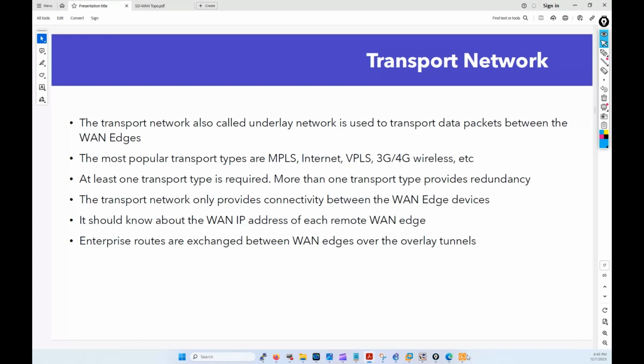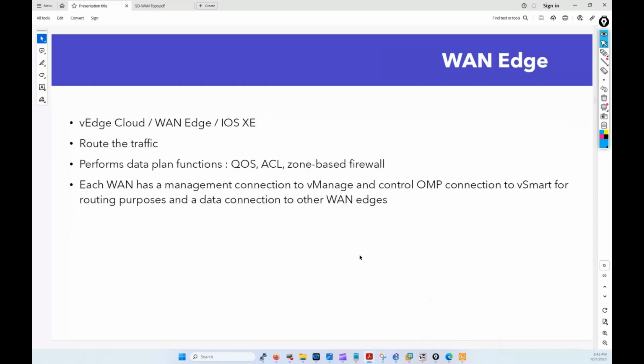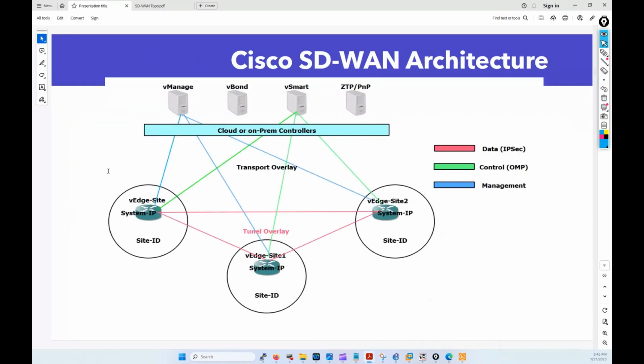So this simply means this. If we go back to our topology, the transport side, this is underlay, I'm gonna remove this. The transport side allows this vEdge to connect with this vEdge, to provide IP connectivity. But routes coming from each